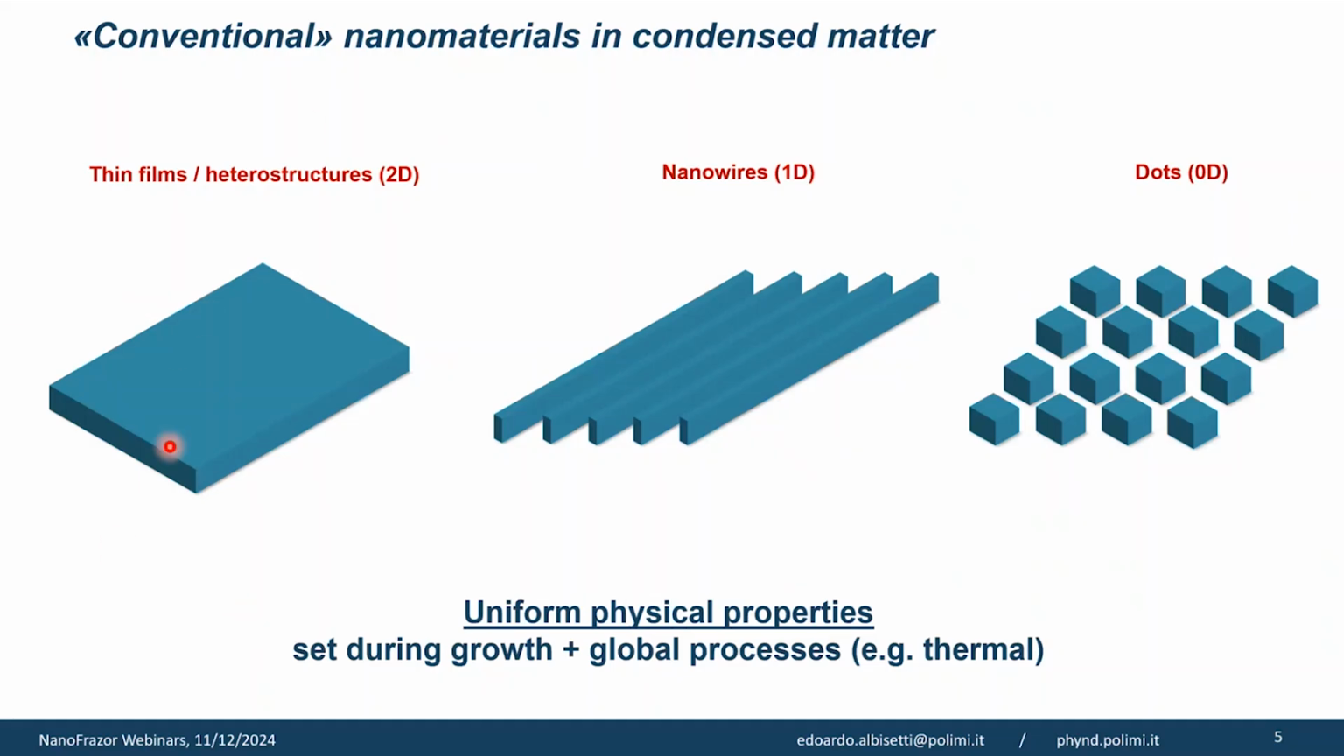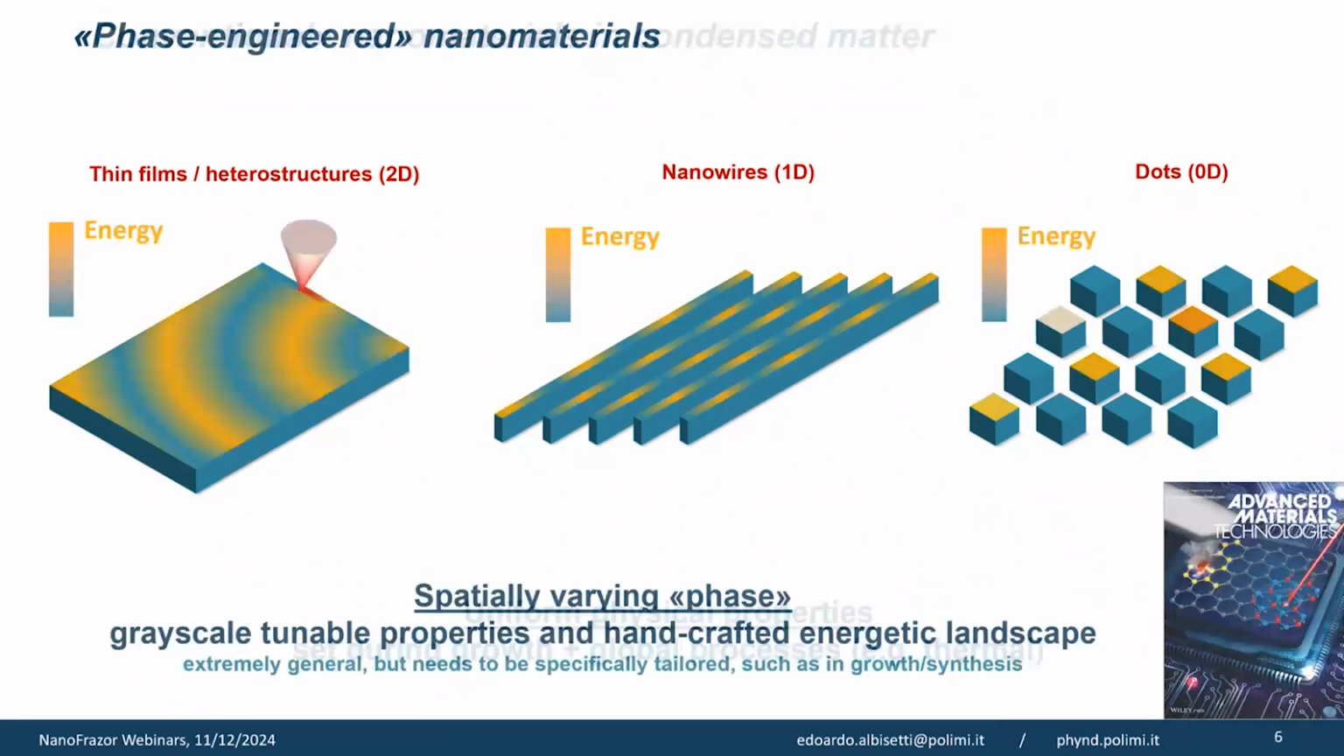Depending on the dimensionality, we can go from 2D materials, not intended as graphene, but materials where the directions in plane are much larger than thickness, so thin films and heterostructures, nanowires where we reduce the dimensionality, or dots. And usually when we synthesize these materials, even very complex ones, they're characterized by uniform physical properties on the plane. And what we would like to do is to find a